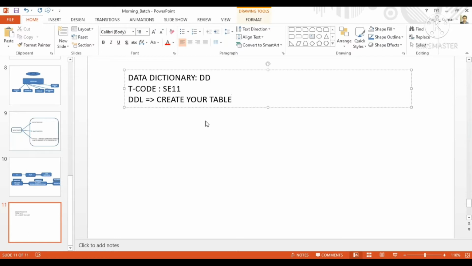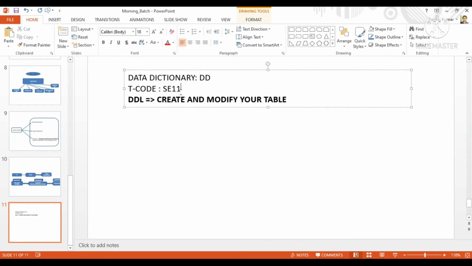Any kind of definition related things you can do. You can create and modify your table with the help of DDL.